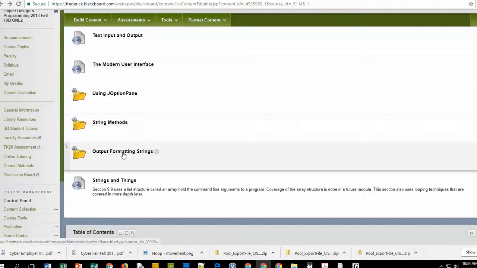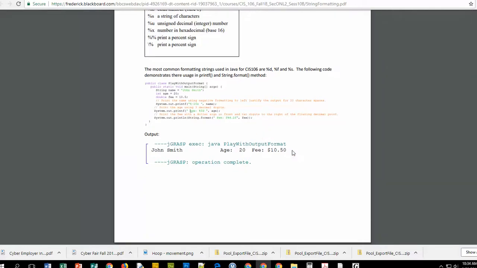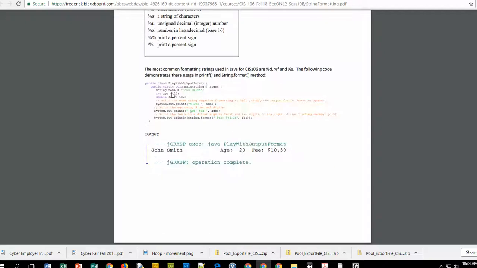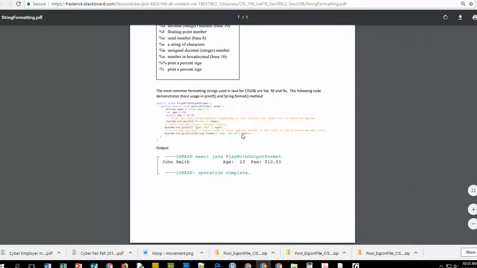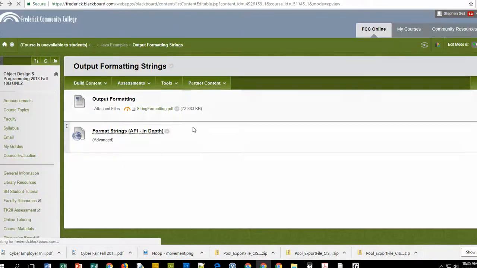And then there's some other things to output and format output for strings. There's some information here. Now this is probably going to help us a little bit with things like the decimal format. So one way you can do that is by doing this formatting printf. This is one way to handle formatting of output. So that decimal thing that's trailing out to a gazillion places, this is one way you could address that, is by using this format. So there's other information on strings here, and then we get into this last section on